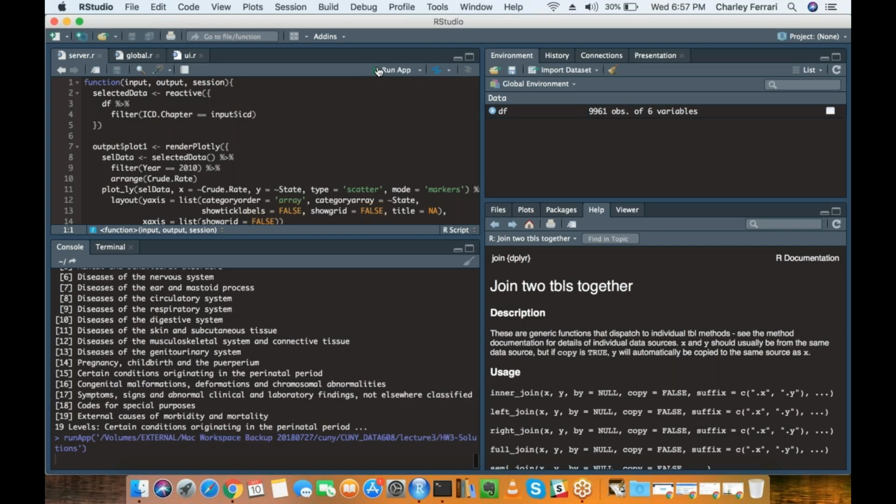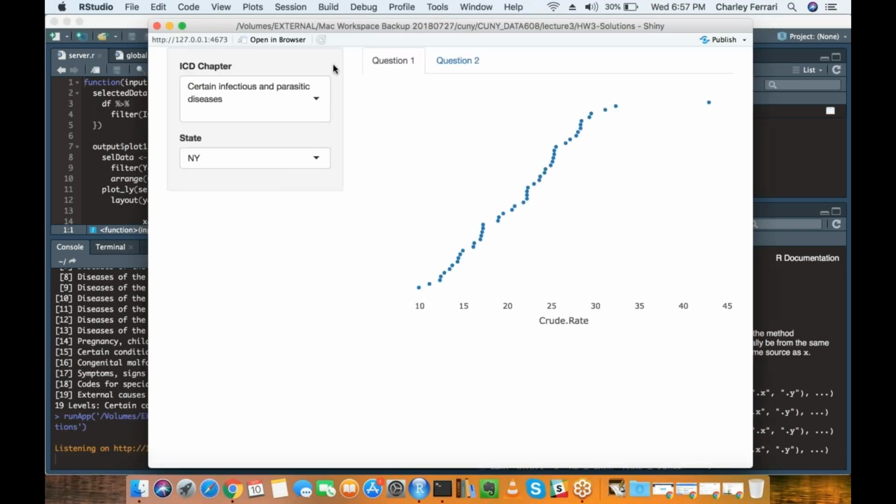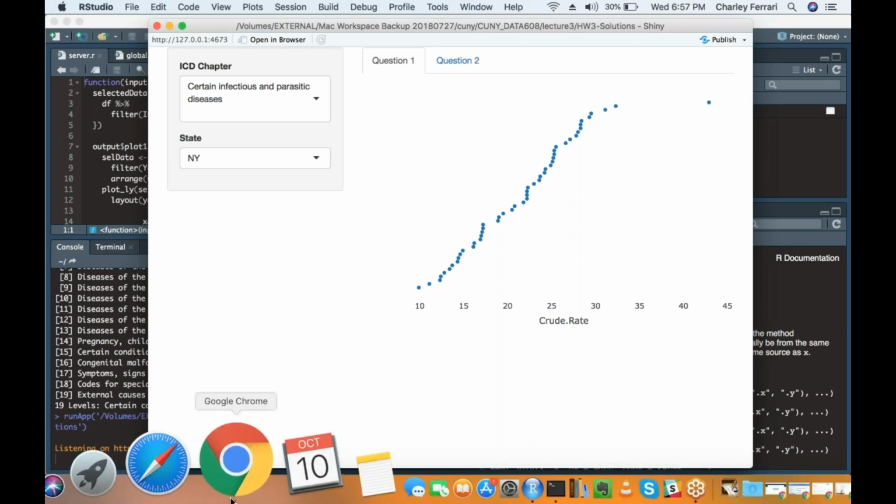And if I run my app, for this first question, these questions were really meant to just have everyone get a handle on Shiny. So it was a bit clearer in terms of what's being asked for.